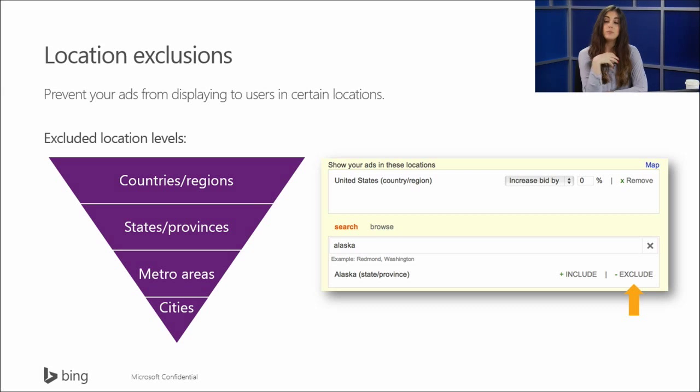Or I can say, I want to target my ads to the United States, but I want to exclude Alaska. So now it's 2 steps that you have to do instead of having to add each of the states that you do ship to individually. So again, they are going toward the same goal, but it's just which way is going to be easier